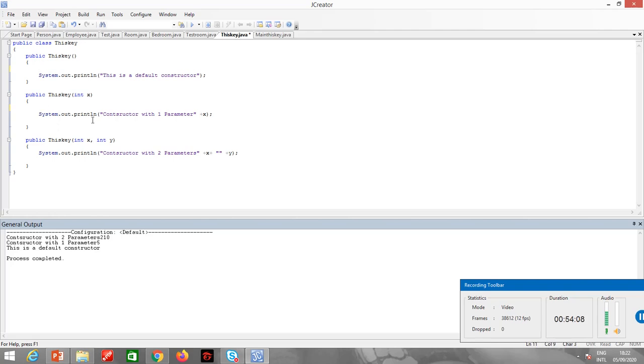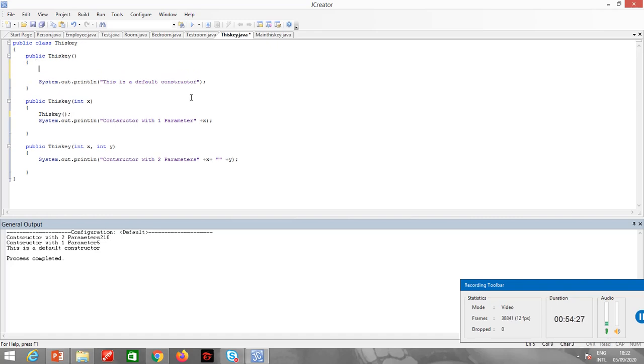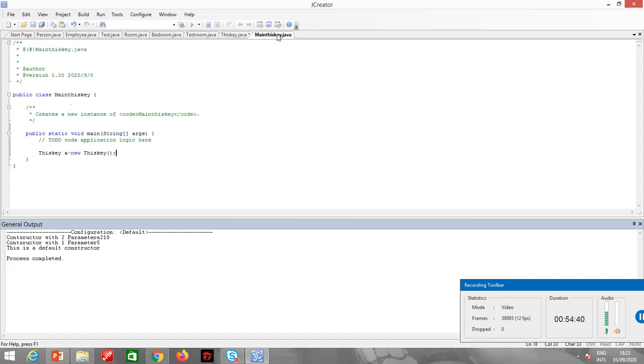Let me call over here the default constructor. So inside here I will call the default constructor. Alright, now this will call the default constructor and then it will print it. Okay, from here let me just call over here this 2 10. Now I will make the object of the second constructor. I will pass only one parameter. Let me just make it 8.